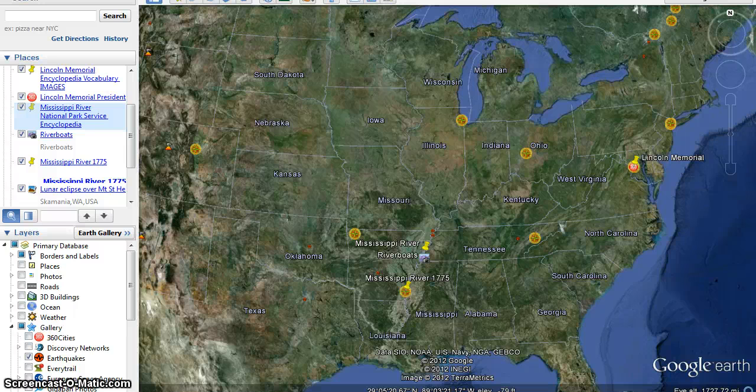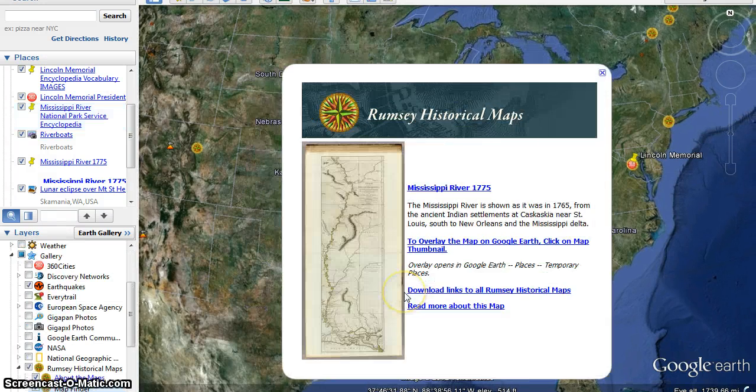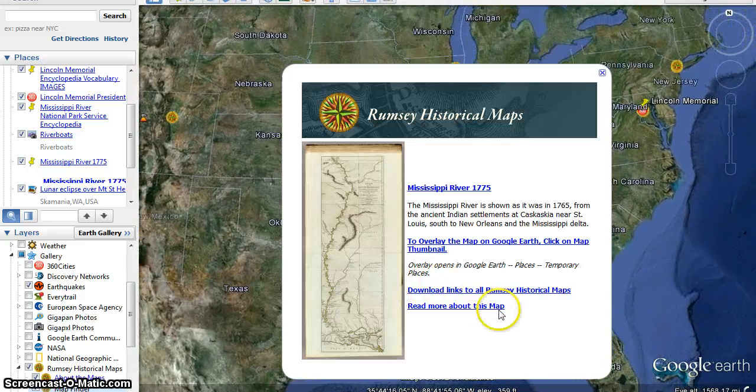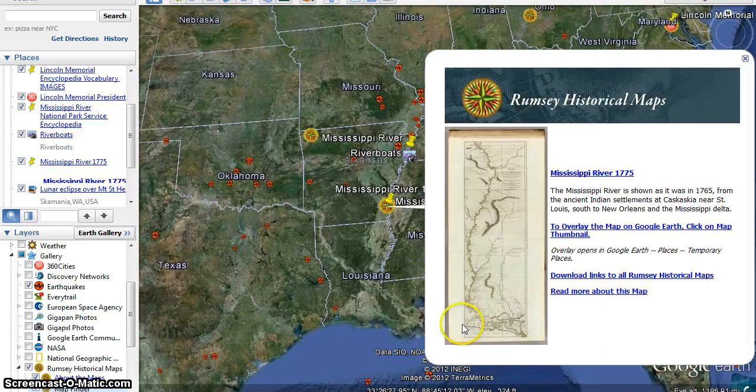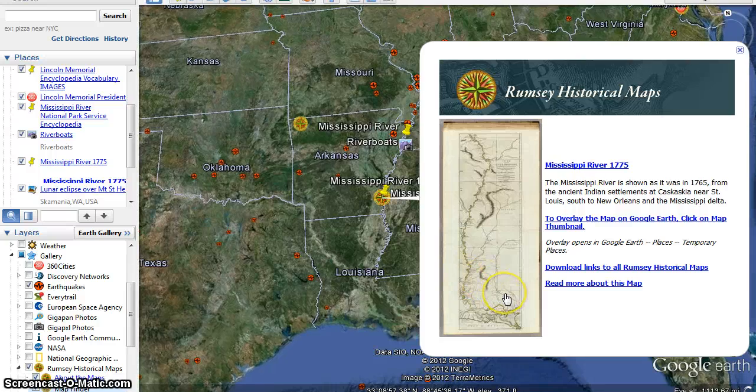So depending on where they start or how the river curves, they're going to get a little bit different numbers. But let's go ahead and go right here. This is a picture of an old map in 1775. This is what the Mississippi River would have looked like